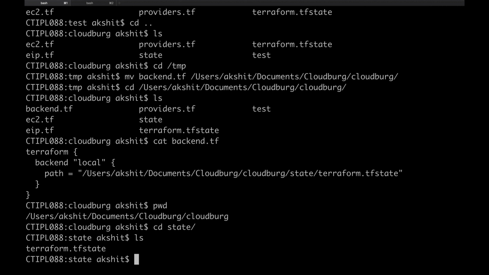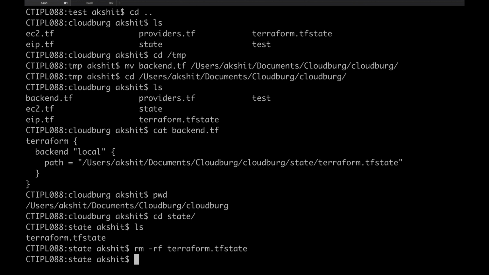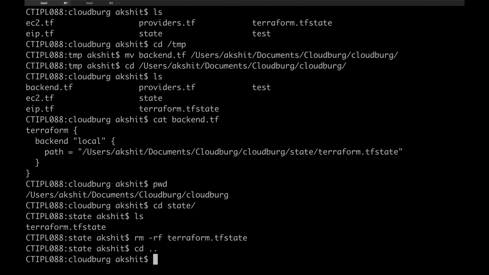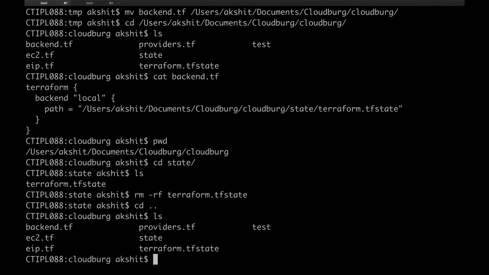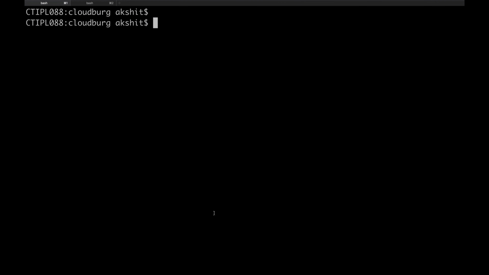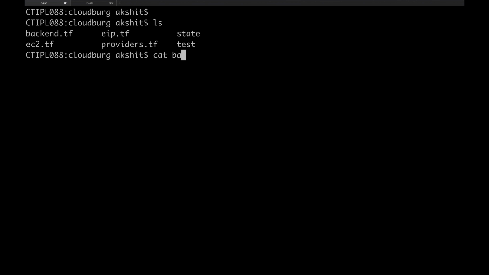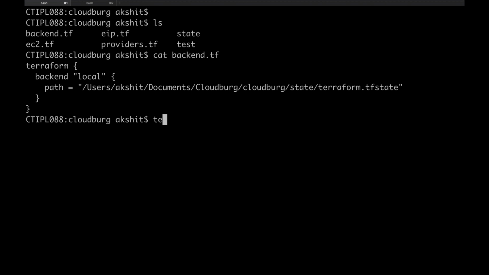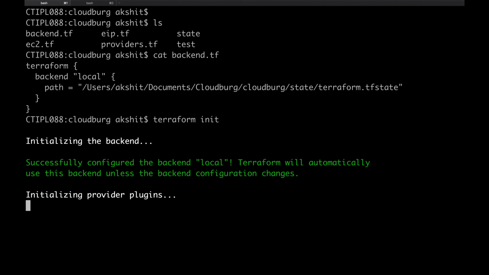Okay, let me remove this file for now, or let's destroy all these resources. Let's ignore this. So this is our backend file now, and let's initialize the configuration.